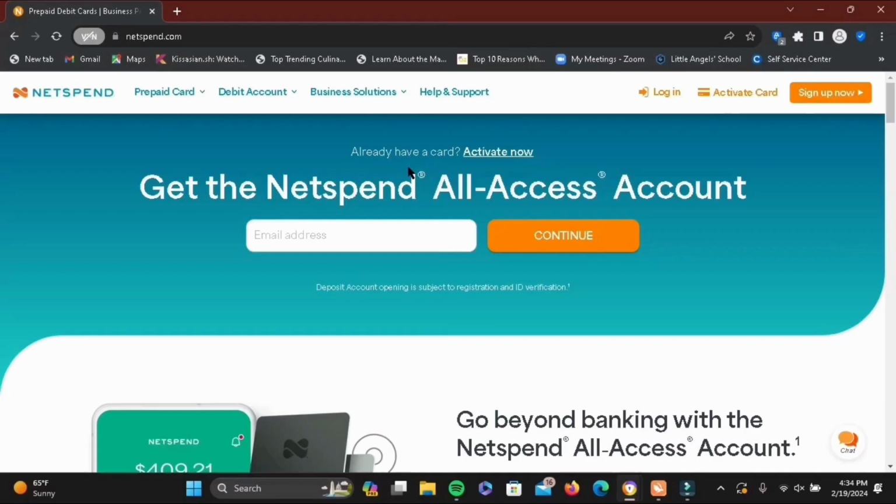Also, make sure that when entering the credentials of your credit card, such as email address and your account number or a card number, you enter them correctly so that you don't have to face issues like this